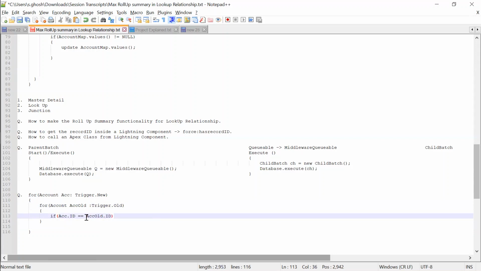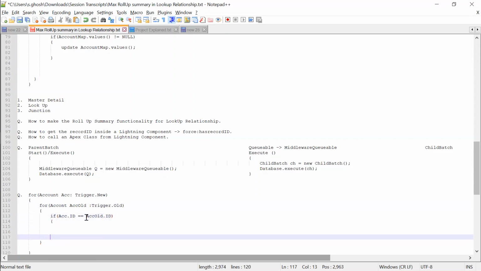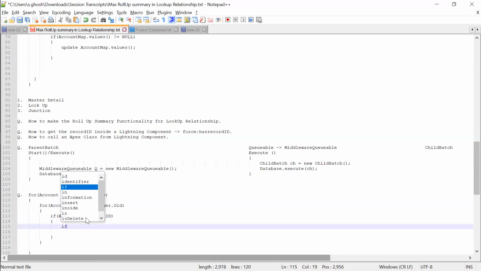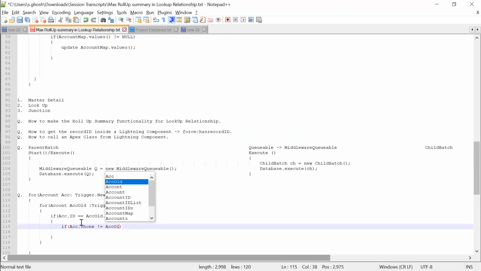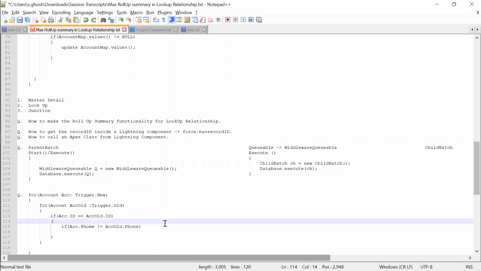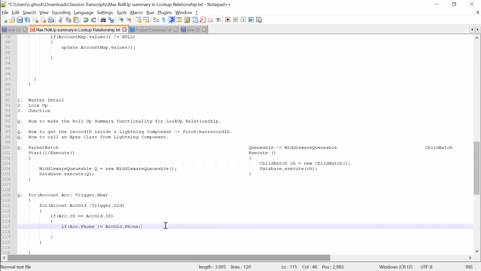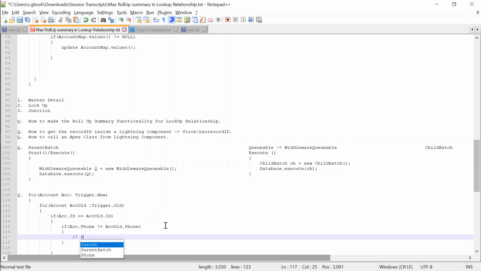If the condition is satisfied, then we will check if acc.phone is not equals to acc.old.phone. Then we will set some Boolean value and perform some logic here.